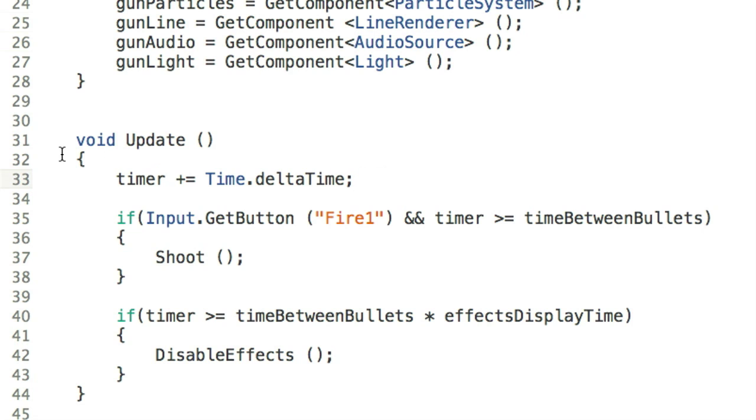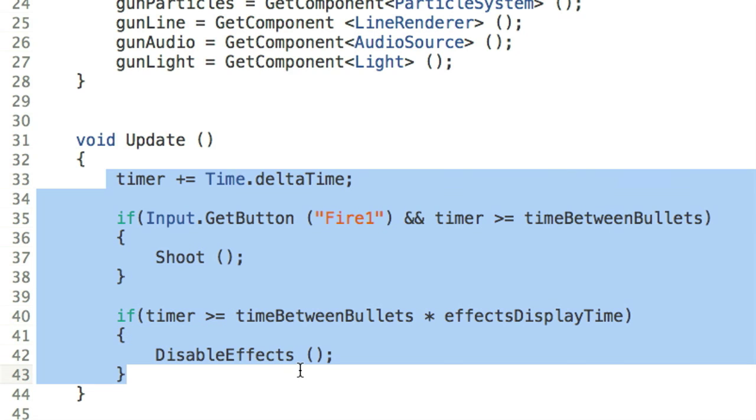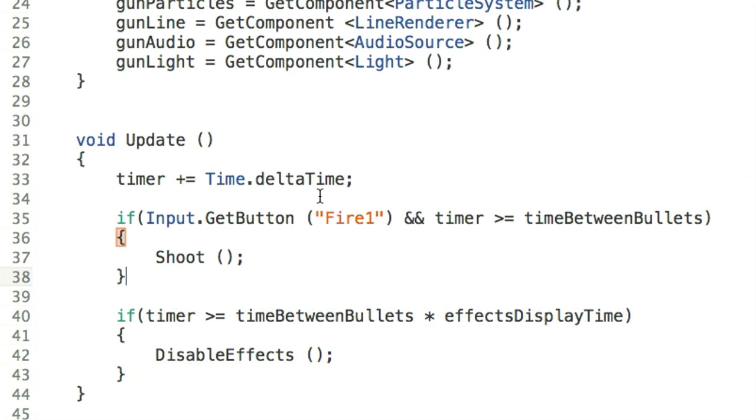Now, in the Update function is where we control whether or not it is time to shoot. So very much like with the enemy attacking, here we have a function that's going to manage that. The first thing we're going to do is accumulate our time, and we do that by saying timer += Time.deltaTime. So it basically will increase in size as time progresses. Then we're going to say if